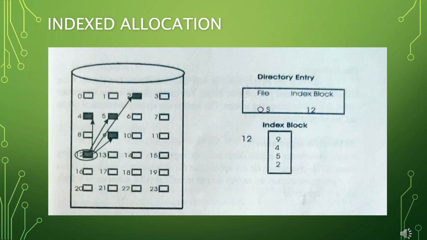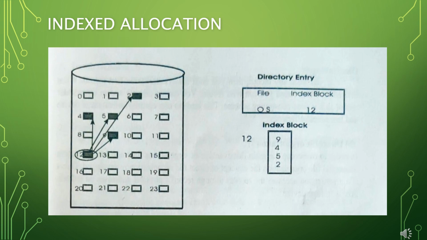The next method is indexed allocation. An index of blocks is maintained. It is an externalized list of pointers. Then the file directory entry should point to that index. The index is maintained in various ways. For example, for a file, the list of pointers is shown in the figure given.